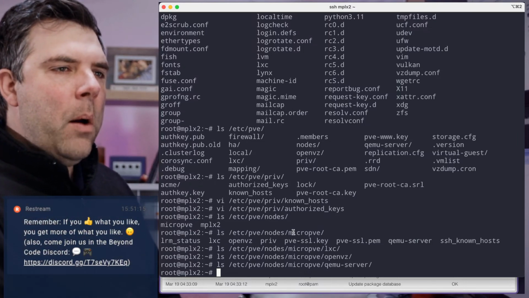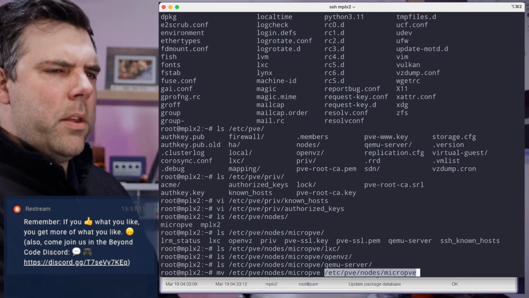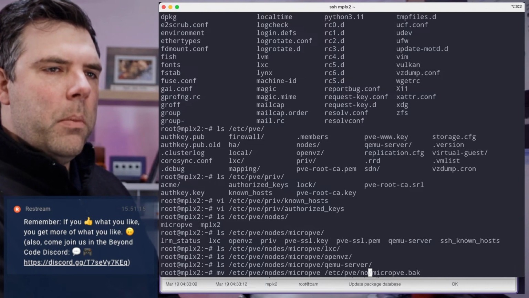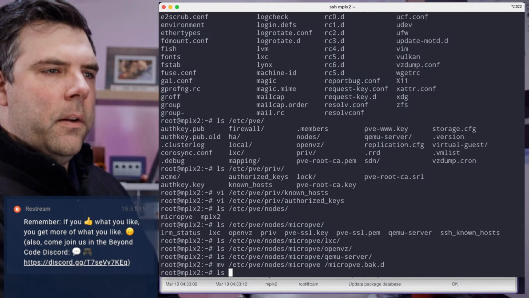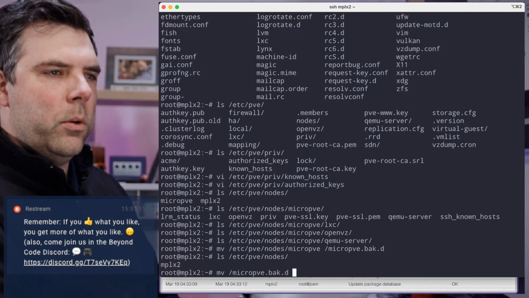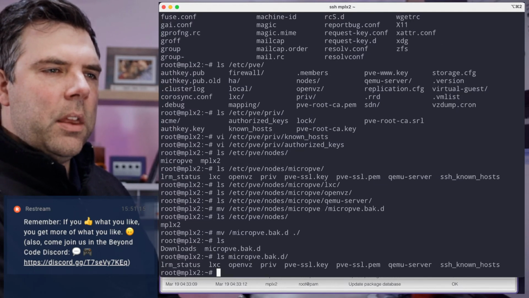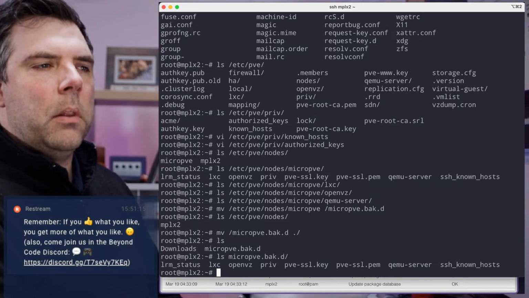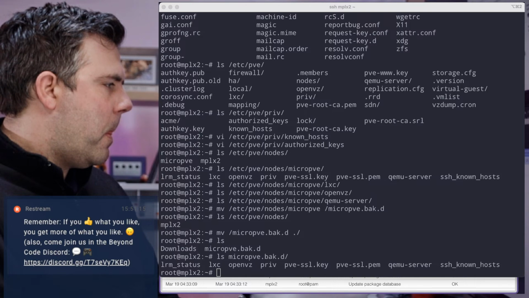That's fine. I want to go ahead and just move this out. I'm not sure whether or not it's going to let me do it, actually. But I'm just going to move this out to .back.d. And it looks like it let me because the node's not detected. Whoops, I didn't mean to move that to the root folder. I meant to move that to /. Okay, here we are. So if there's anything that it turns out that we need to grab from here later, we can. So with that all out of the way,